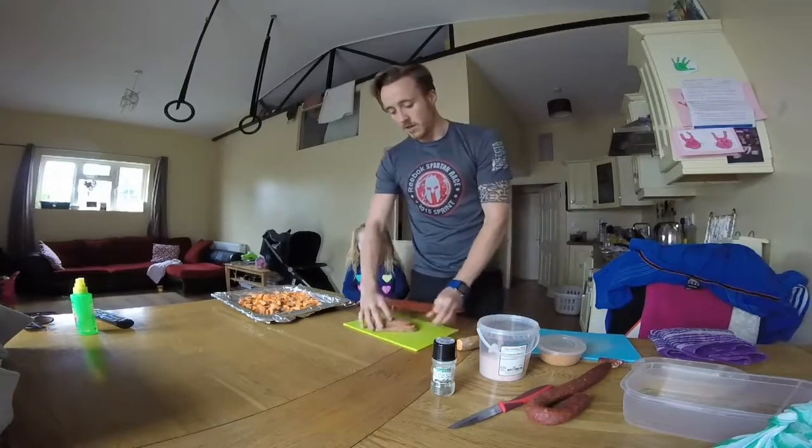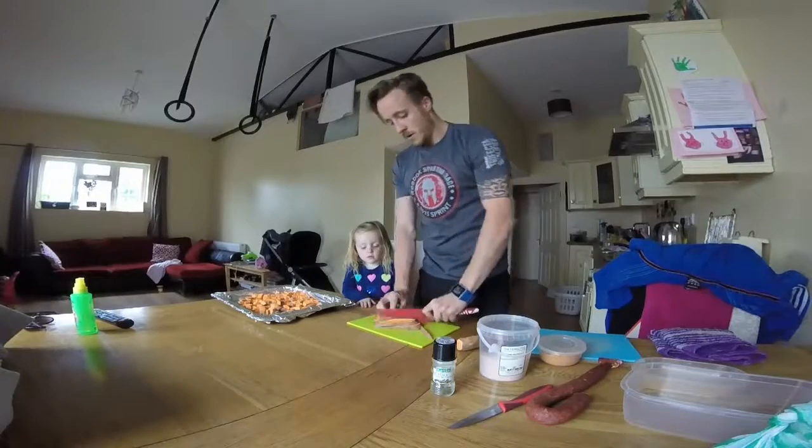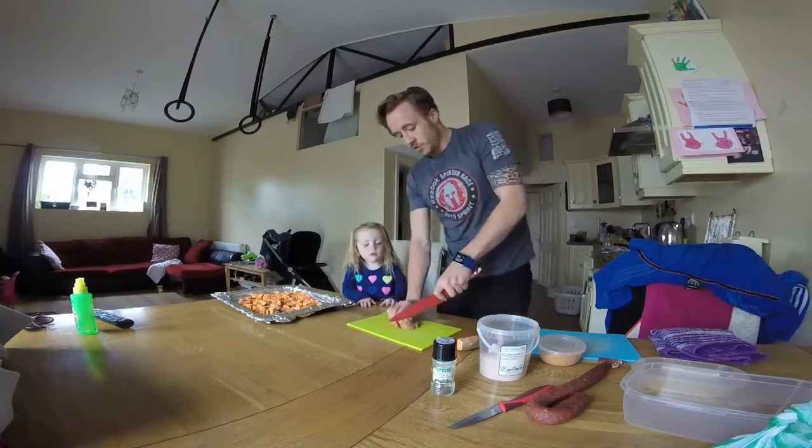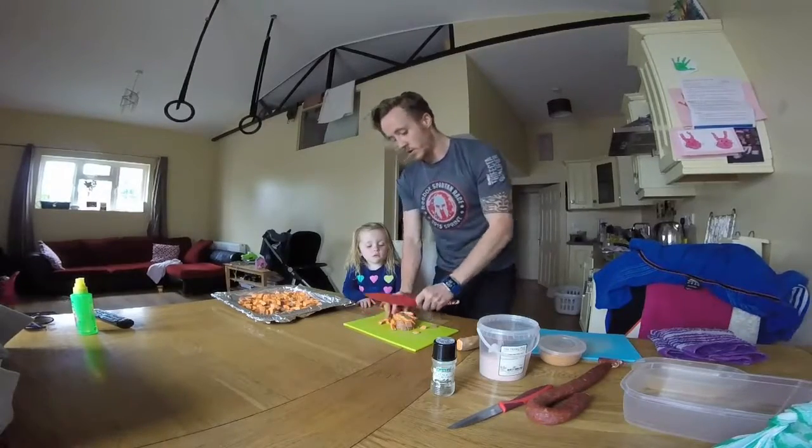So if you cut sweet potatoes like that, slice them down the middle like that, and then you can just chop them into little squares. Don't cut them too big because they'll just take longer to cook and you don't want to be waiting ages